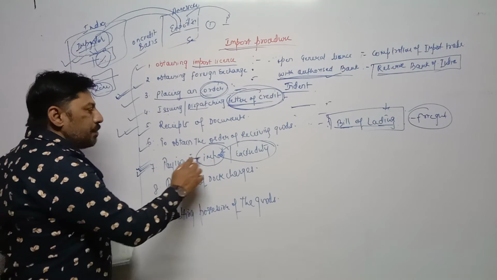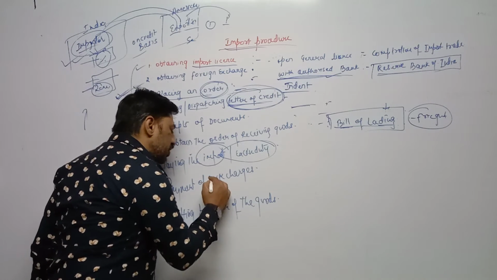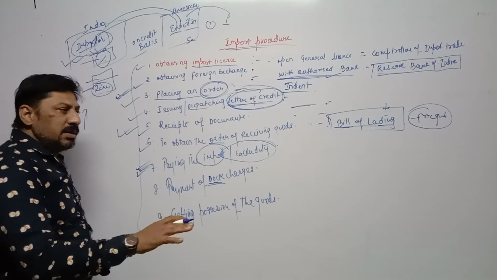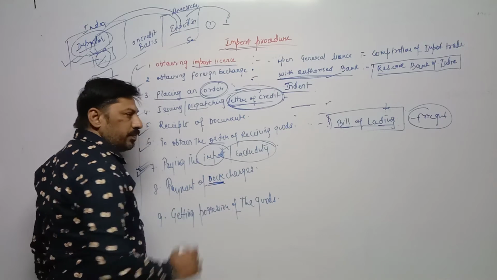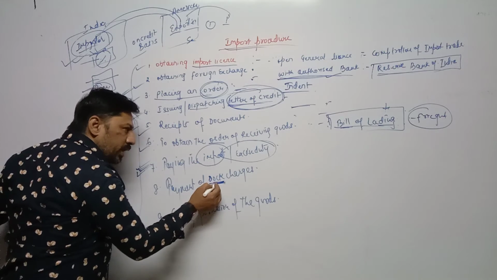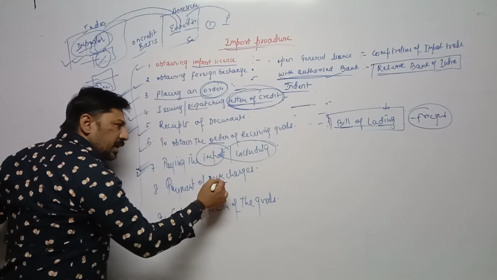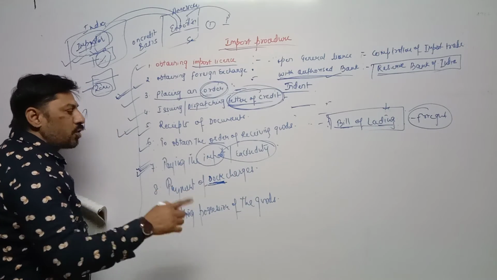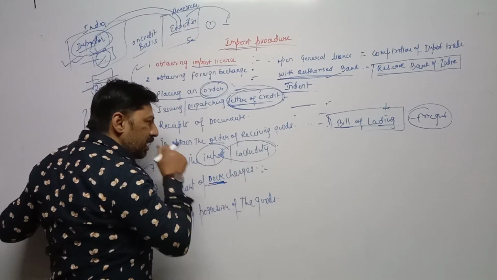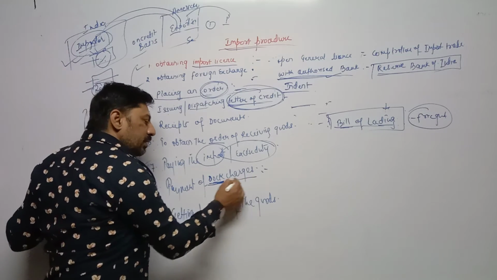Now next, after paying import or excise duty, the 8th point, payment of dock charges. Dock is that area where goods are kept, especially at a seaport. From that area, goods are loaded onto the importer's truck, and this process is undertaken by laborers. So we have to make payment of dock charges for that area, a kind of rent we can say, because goods are kept in that area safely. That's why we have to pay some rent for that area. That is called dock charges.